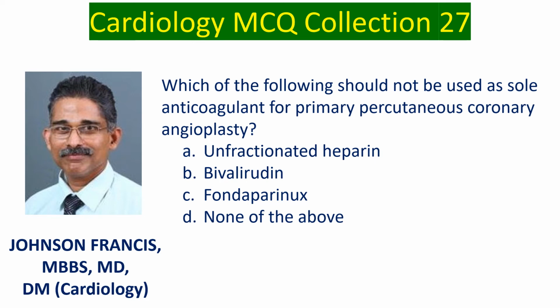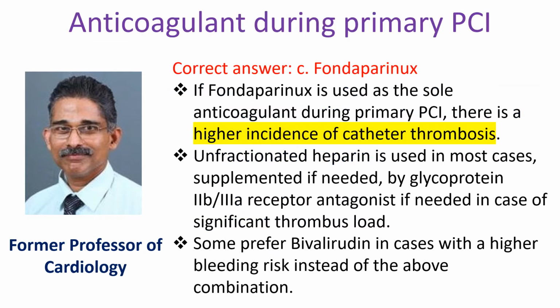Which of the following should not be used as sole anticoagulant for primary percutaneous coronary angioplasty? A. Unfractionated heparin. B. Bivalirudin. C. Fondaparinux. D. None of the above. Correct answer C. Fondaparinux. If fondaparinux is used as a sole anticoagulant during primary PCI, there is a higher incidence